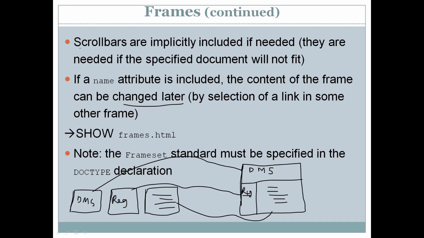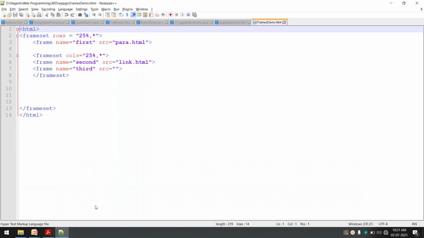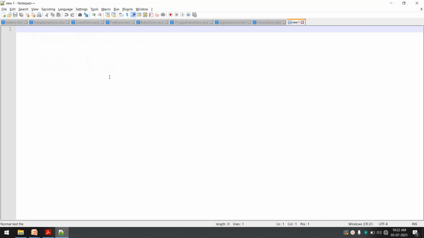So let us start. I'll open Notepad++, and first we will create these 3 things. So I'll create the first document. I'll create a new document here, and I'll say HTML.